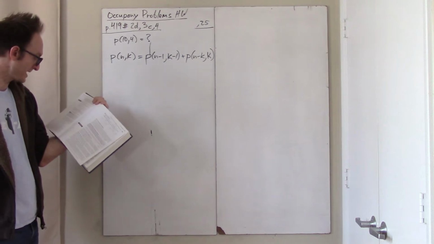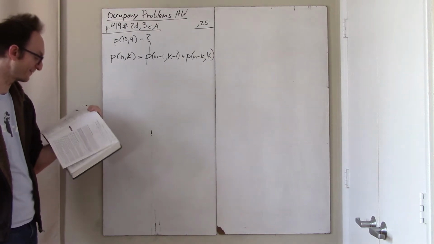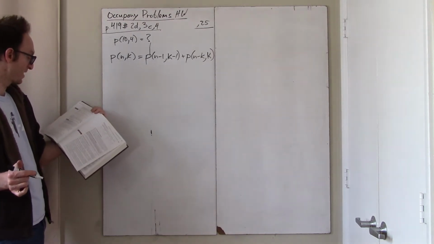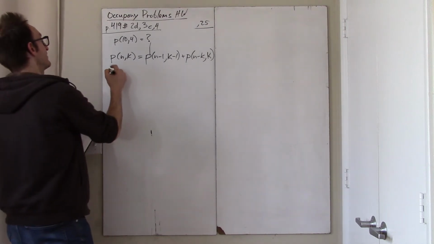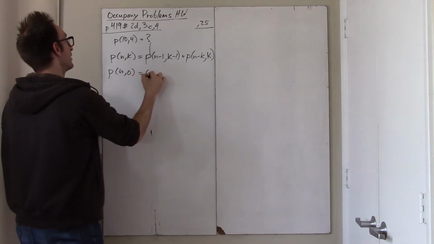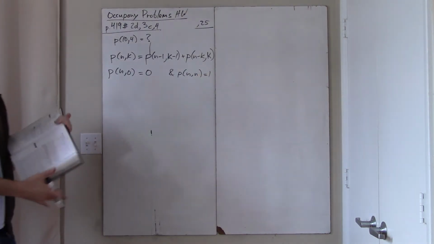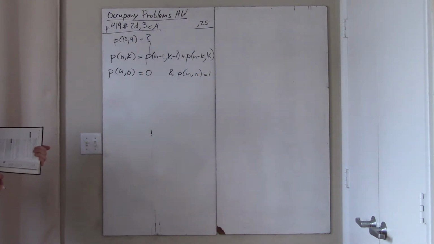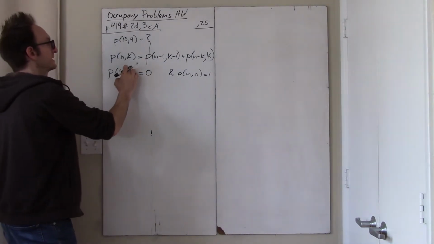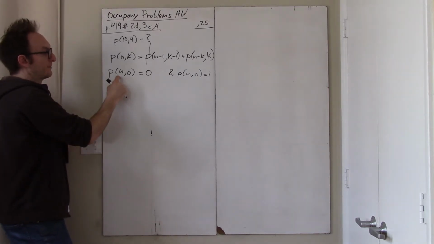Okay, that was a reproof, not sure that was warranted in this situation, of this recursive rule. And now we're going to do the fun part, which is just by hand cranking out various recursive computations. What do we know? The theorem tells us that P(n,0) is 0 and P(n,n) is 1. I find this to be kind of an obnoxious thing to say because, well, I just don't see why I ever need to know that. Why don't you just tell me what P(n,1) is? Of course there are 0 ways to disperse